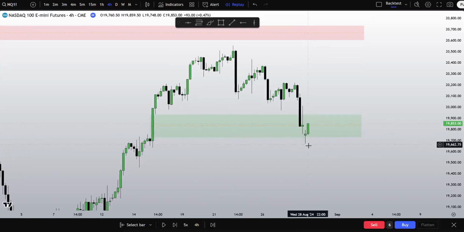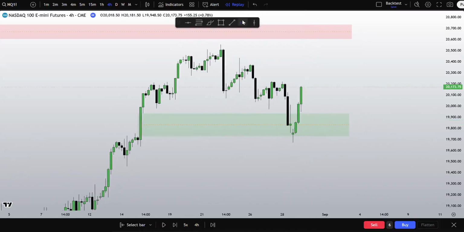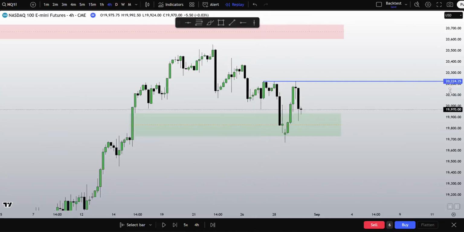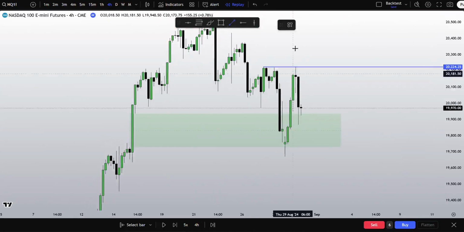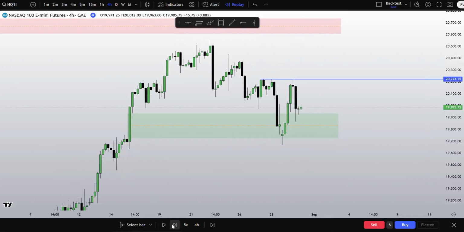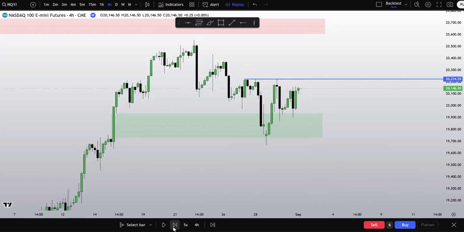Now we're going to analyze this imbalance. What do we do here? Should we respect it like this? Then I would like to see these equal highs here. Formed equal highs once more. I want to see, did we tap into it? 224.25. No, not yet. So those equal highs are still valid. That's where my eyes are, unless we disrespect this imbalance, but that's where my eyes are at these equal highs.